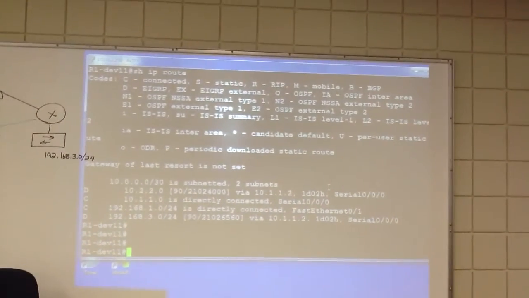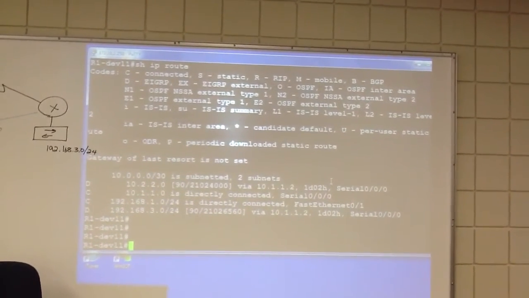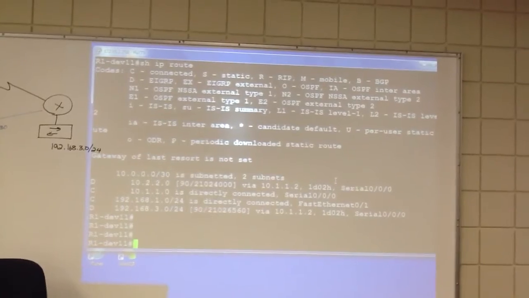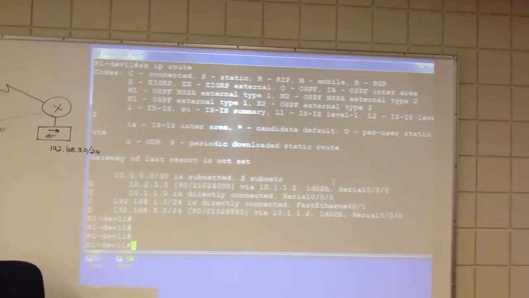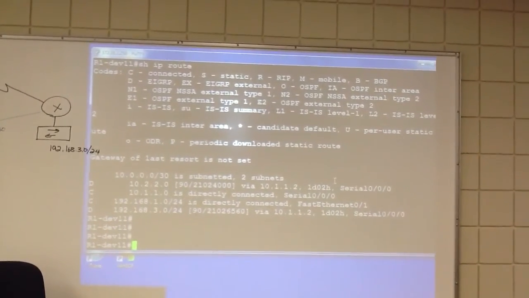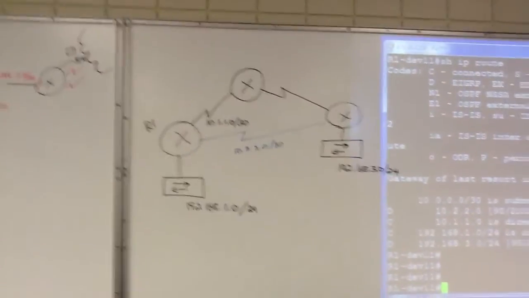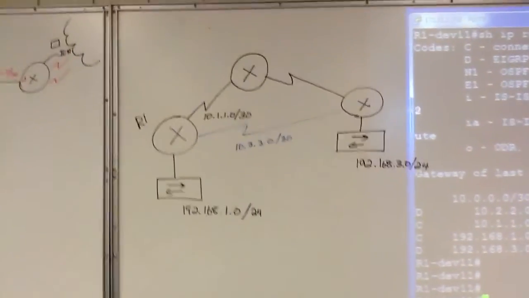EIGRP. The D shows EIGRP, and then we have 2 connected routes, so we could connect them right to the router. And then we have another network we learned through EIGRP, which is further away than the 10.222 because we can tell by the numbers. I told the students, this is what we ended up with. I told the students that the WANs were the same distance,